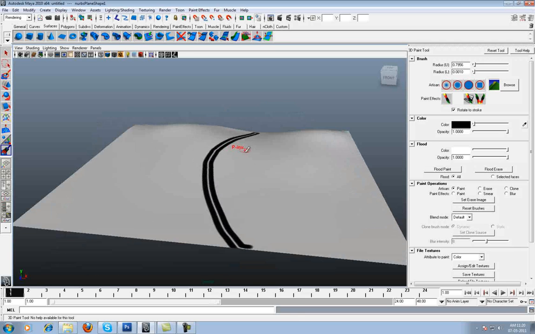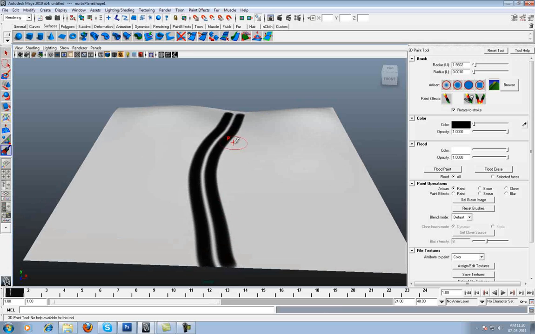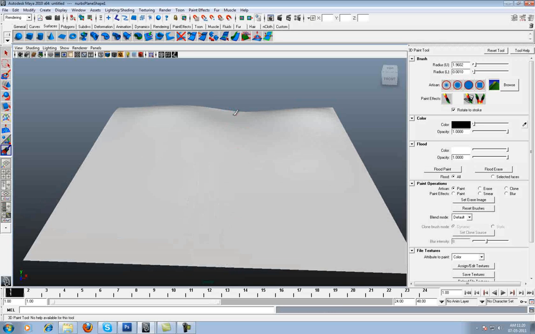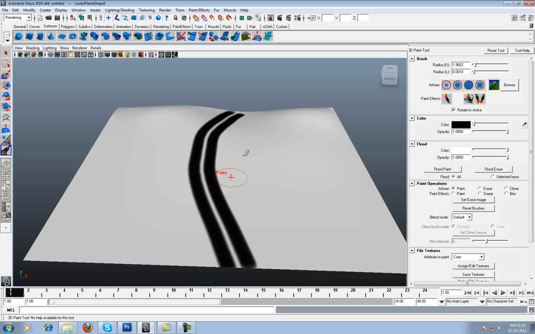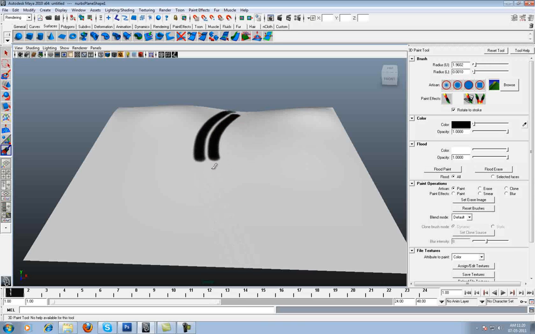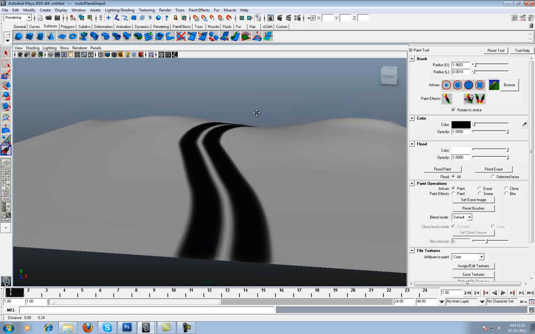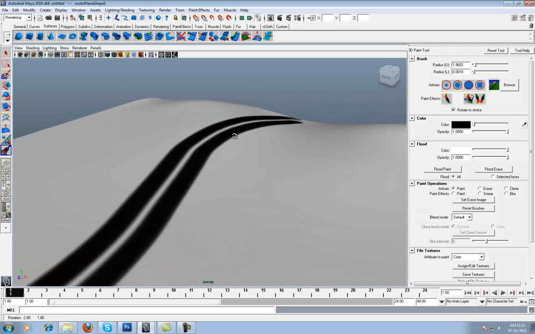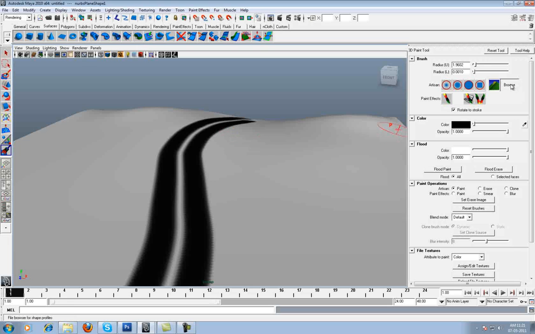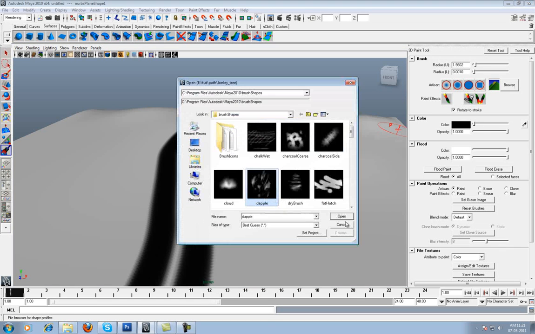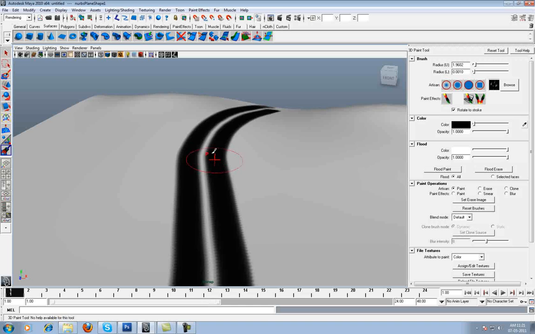The size is a little bit small. I'm going to increase the brush size like that. Okay, fine. And after that, I'm going to browse some random brush, I'm going to click to make some